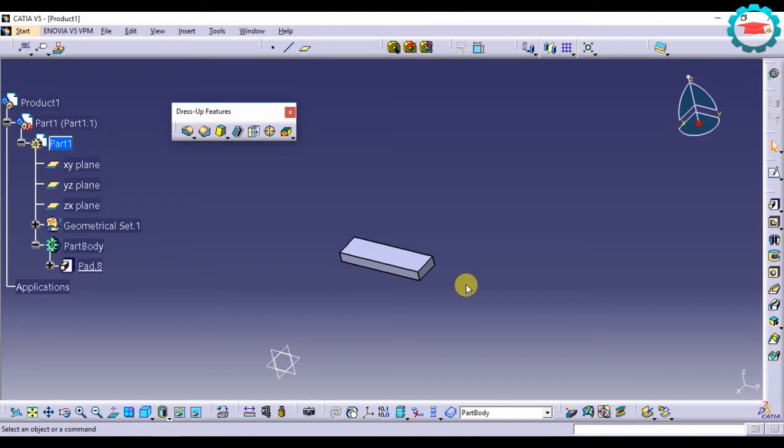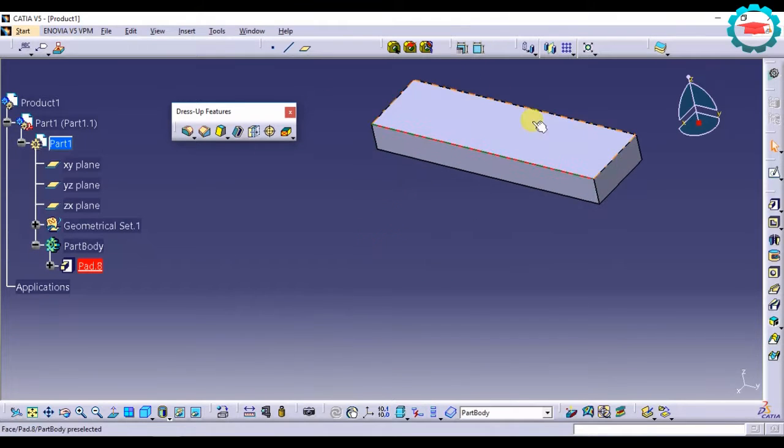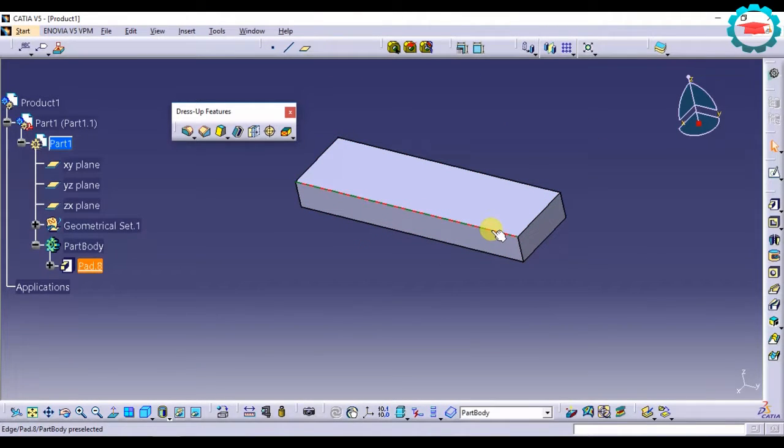Hello, in this tutorial I'll take you through the dress up features, specifically edge fillet. Edge fillet is the command which allows you to smoothen out sharp edges. So for example, if I want to smoothen out this edge over here, I'll select this and I'll select the